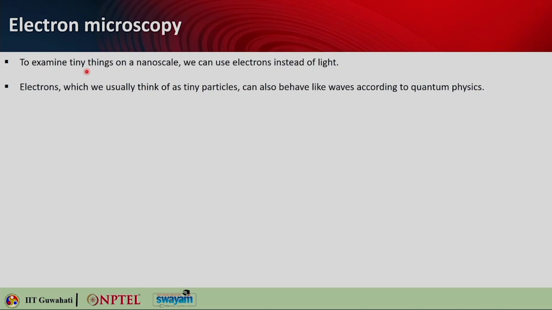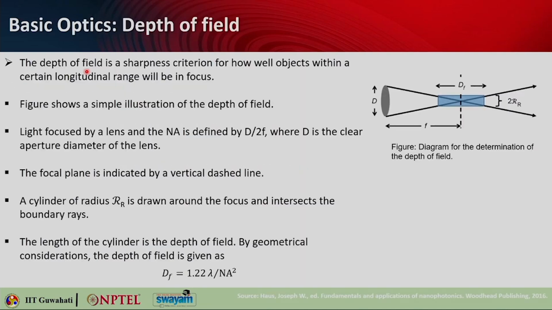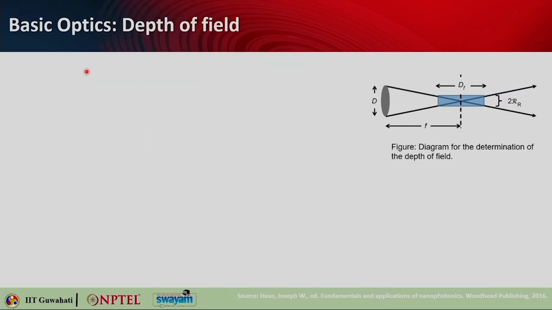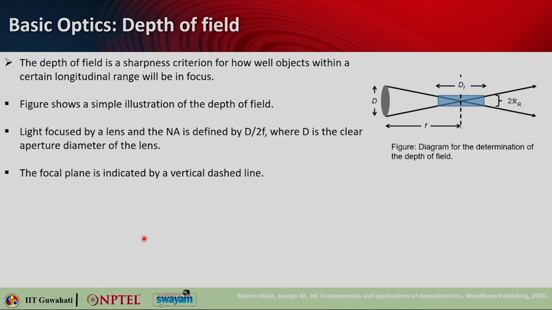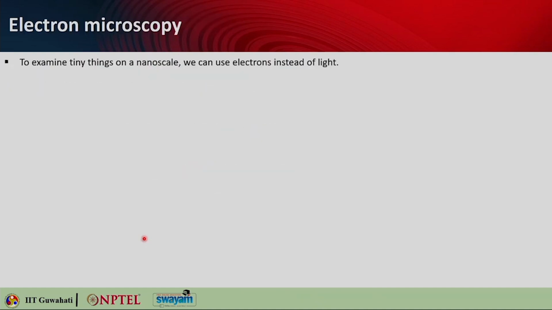Because we understood from the compound microscope equations that the resolution is basically limited by lambda. So, you can say it is lambda by 2 NA. Lambda for optical frequency is very high. It is like 400 to 780 nanometer. So, the minimum size that you can resolve is also in several hundreds of nanometers, or tens of nanometers. So, if you want to go below that, you should use